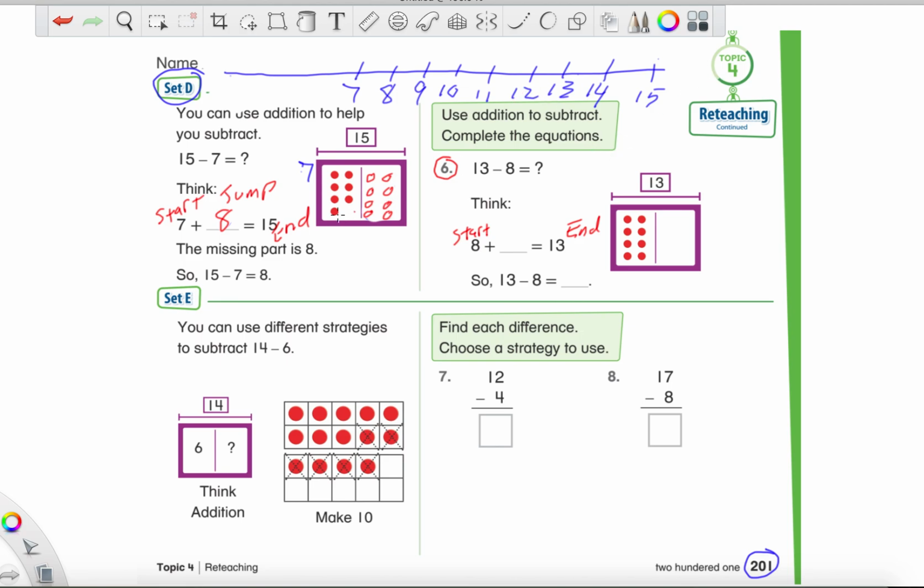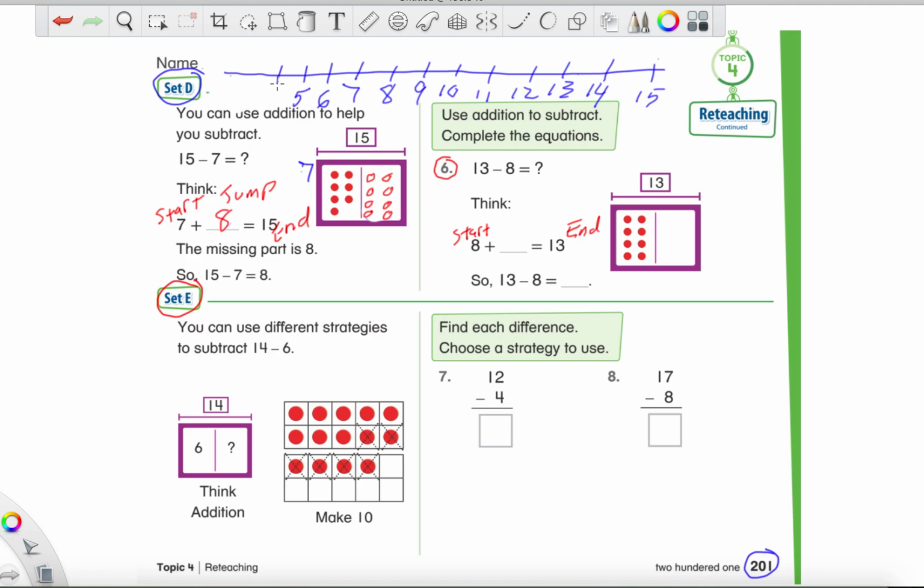Okay, so let's go over to set E. Now the cool thing about set E is we can use any strategy. This is what they want us to do, use any strategy we want to solve. And I'm going to make sure this number line stays up top. I'm even going to make it a little bit longer here. Just change the colors. Okay, and then we add 6,